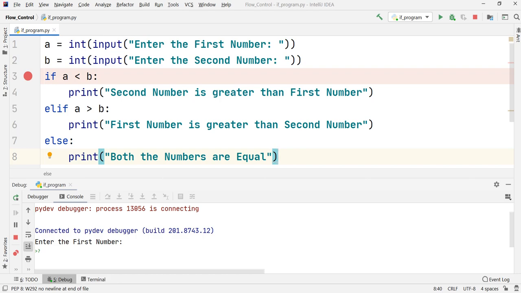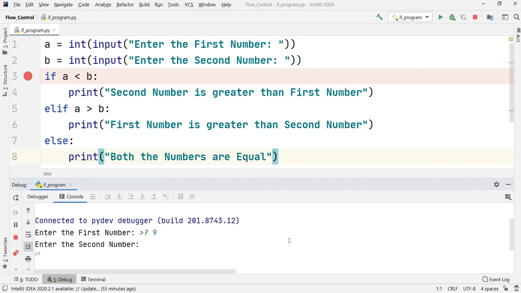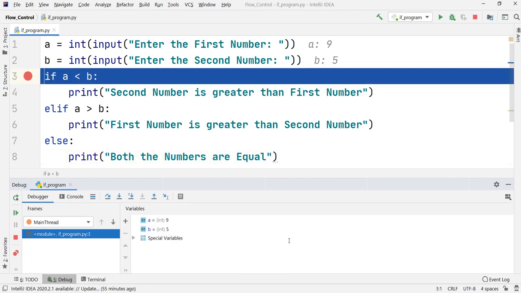So what I will have to do right now is, in the window it is executing the first line of code. It is asking me to enter the first number. Like we had done in the earlier case, I will put, suppose, number 9. I hope it is visible. I have put number 9, so I'll press enter. As soon as I press enter, it is asking me for the second number, so there is no difference in that. Suppose I put number 5 and press enter, just observe what happens now.